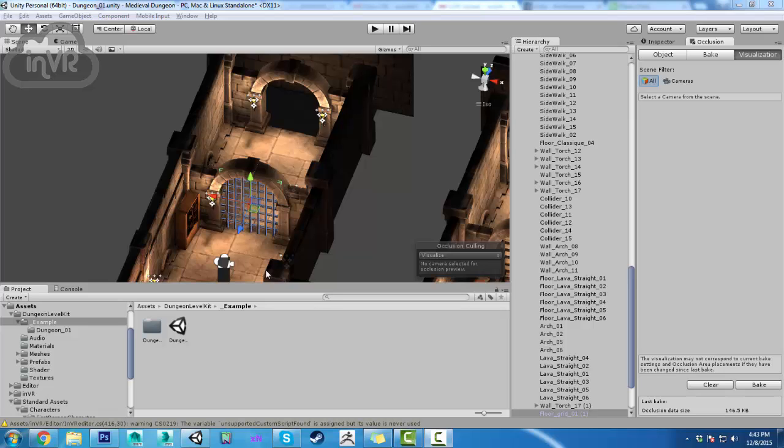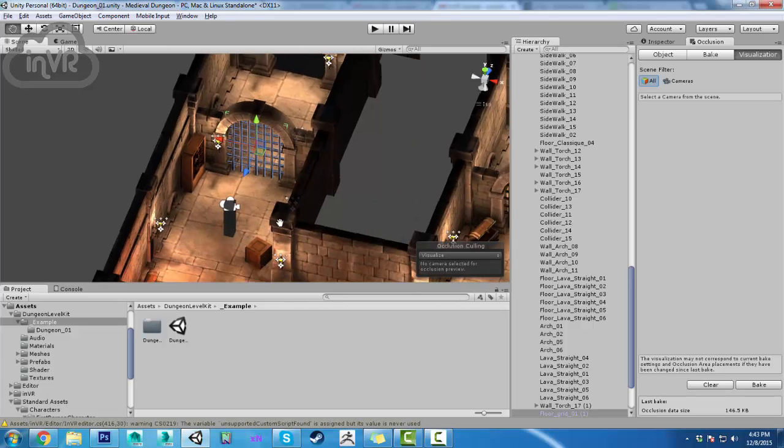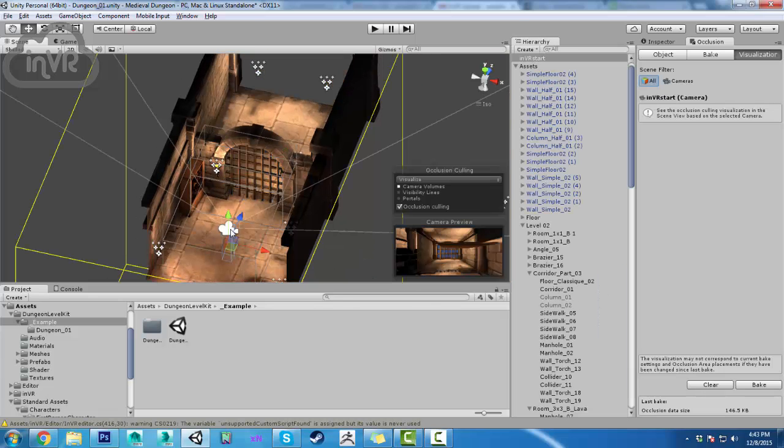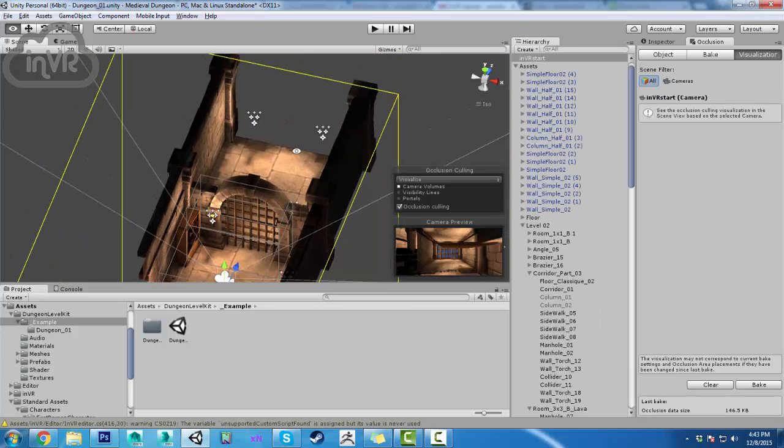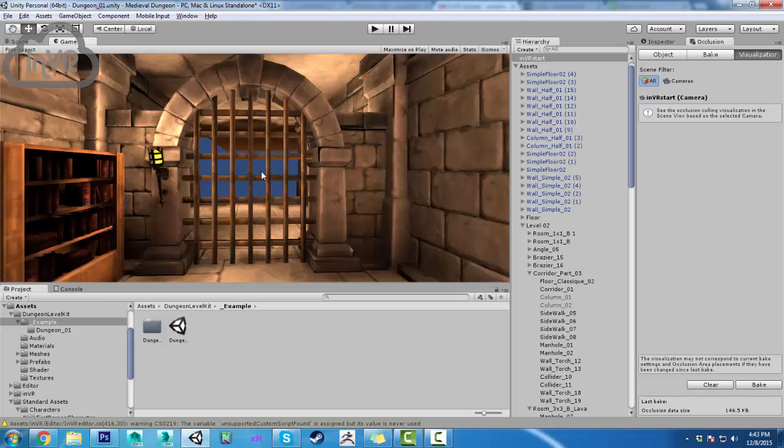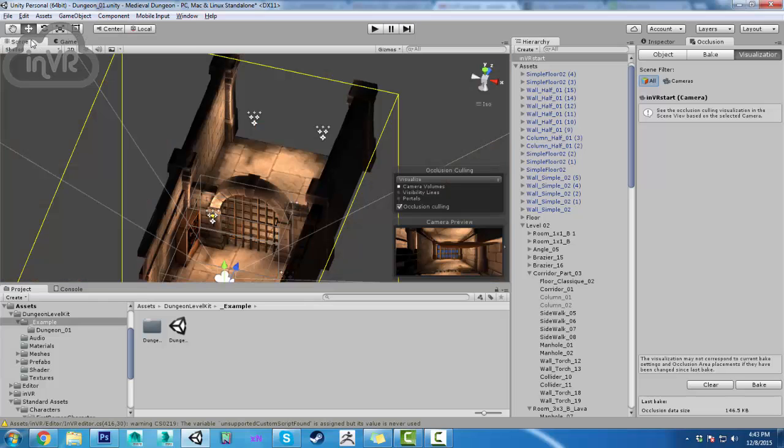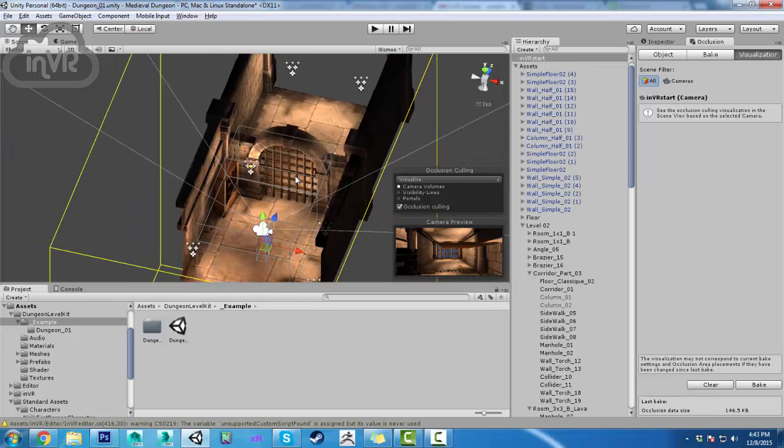Okay, so occasionally we do get this problem with occlusion culling. Right here, if you look through the game camera, it's occluding this area behind this fence. And that is because it sees the fence kind of as a wall, and it tries to occlude that area behind it. And we need to fix that, so we're going to come into the